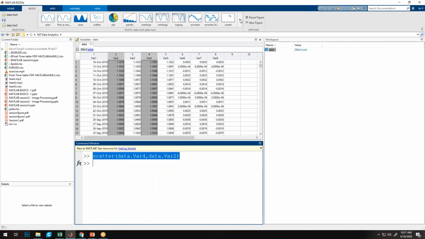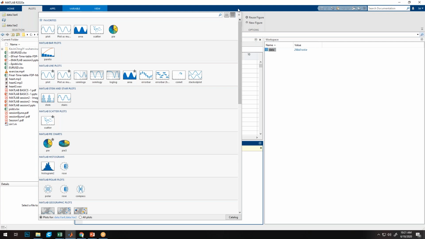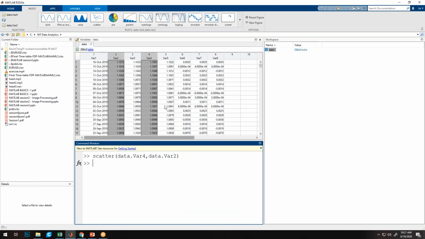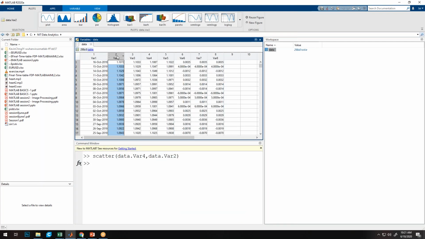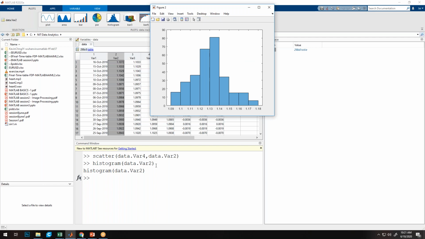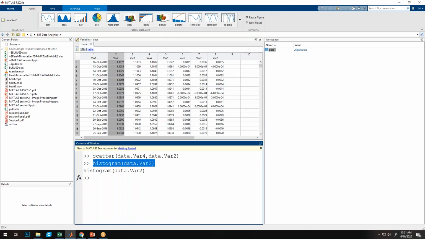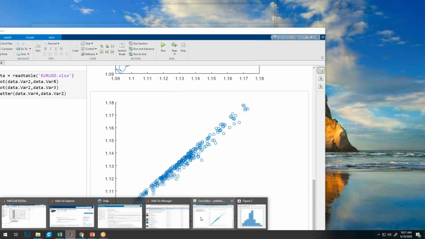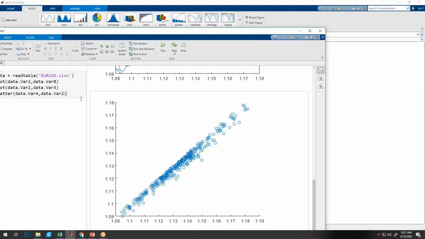Say I want the histogram of this selection, Var2. I will just click on the histogram and it will give me the entire code of the histogram, and from here I can put it into my script for automation. Because when you have a lot of data, you won't be doing it manually each time.